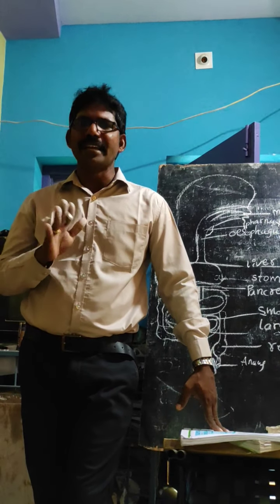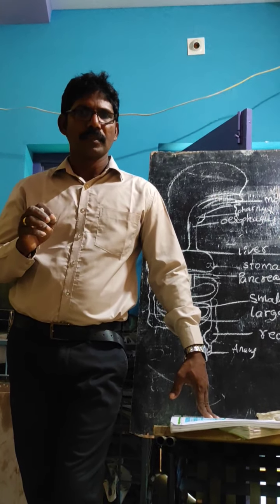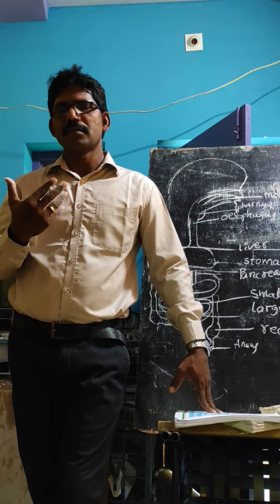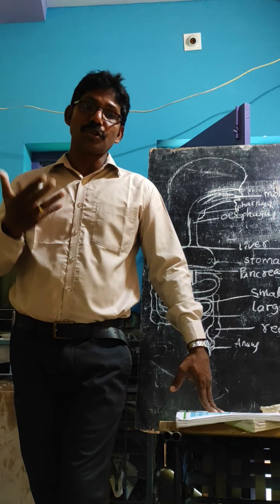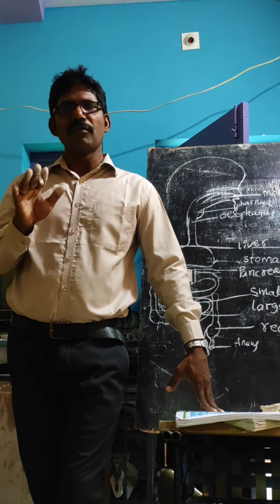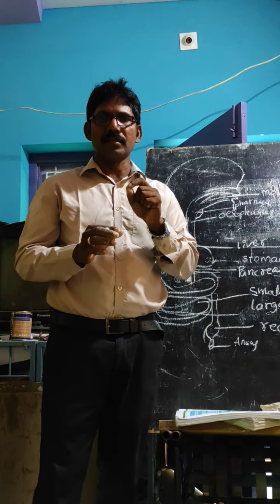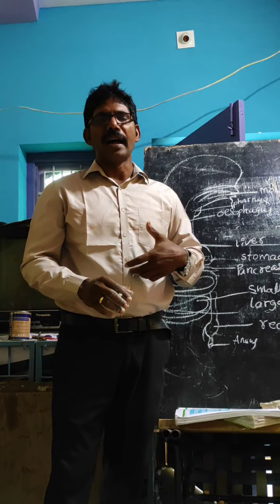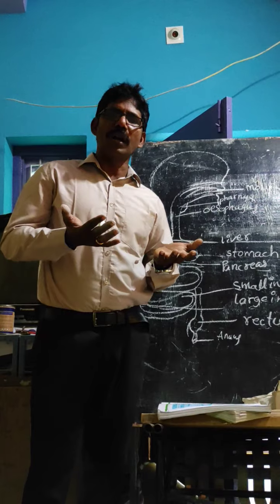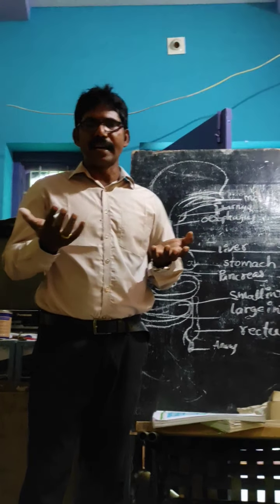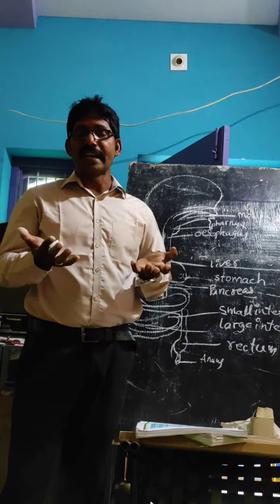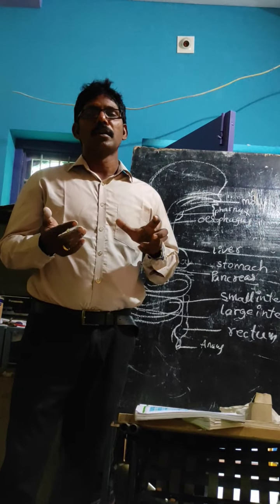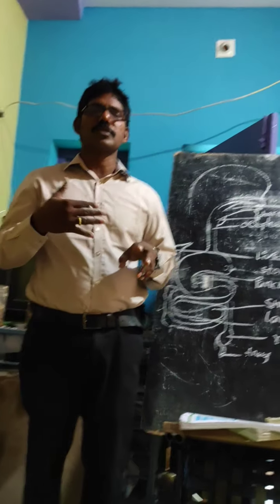So first of all, you have to make it into small pieces. That's why when you start eating, you crush and chew very well in the mouth. Then it breaks down into small pieces, and you swallow and pass it to the esophagus and reach the stomach. In the stomach, many digestive enzymes and digestive juices are released, and the food is made into juice and passes to the small intestine.